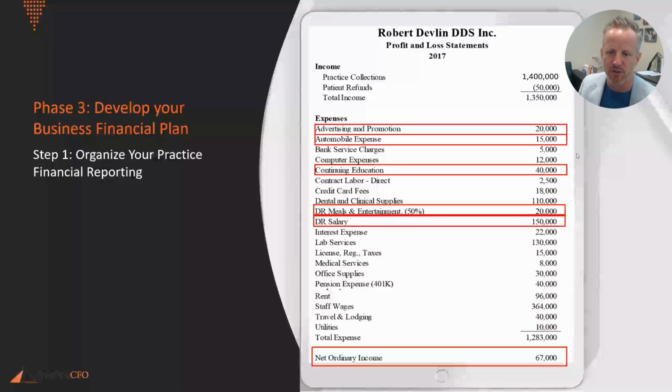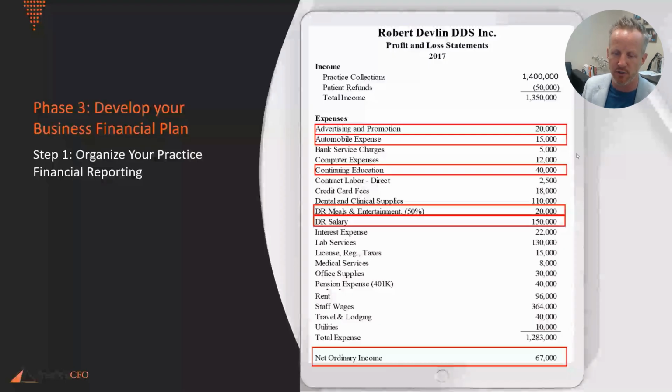So back to the W-2 conversation. If you do not have a 401k or DB, I'd probably bring you down to 100,000 unless you're a really profitable practice. And if you've got net income of 500,000 to $1 million, I'm probably going to pay you more than 100,000, because let's say your net income is 500,000 before paying yourself anything. If you do 100,000 W-2 and you have a $400,000 K1 equaling that 500,000 profit,